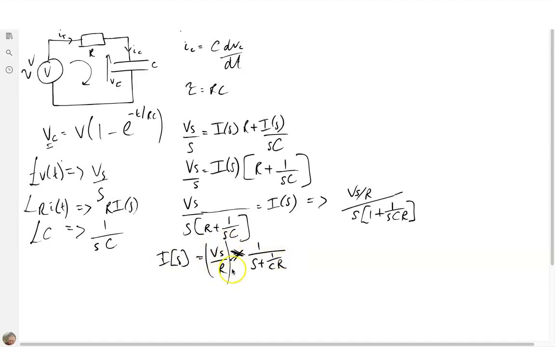This is a constant, V sub s over R, and if we take the inverse Laplace transform, so we're going to transform this now back into the time domain, I of s becomes I of t. We have, that's still a constant, so the inverse Laplace of 1 over s plus alpha, so if we look at our Laplace tables, 1 over s plus this alpha transforms, so this is the Laplace transform of this. So this is our alpha here, this is our s plus, so we can write that as,